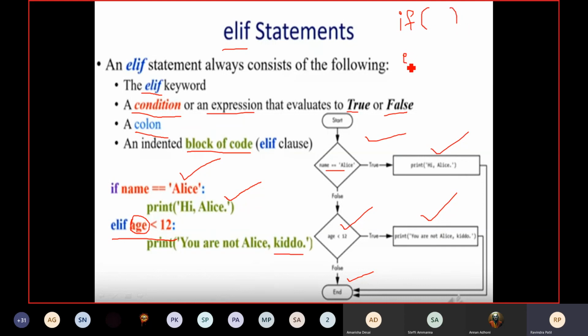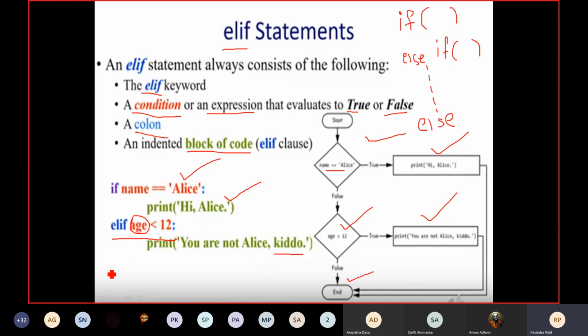After that, we are supposed to write else if followed by a condition, and there is no limit on the number of else ifs we can use. And in C, finally the last statement will be else.